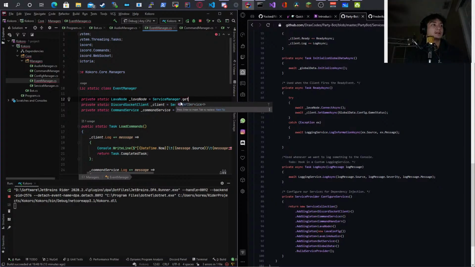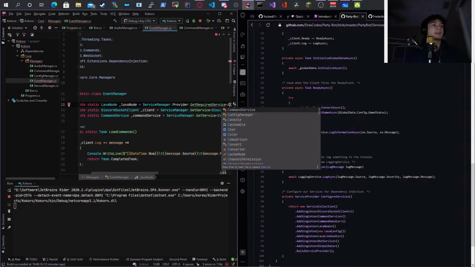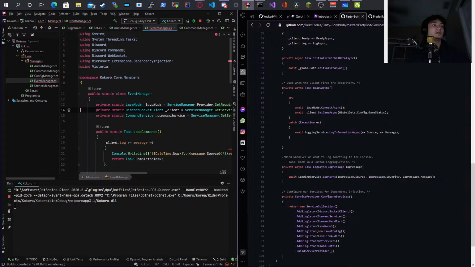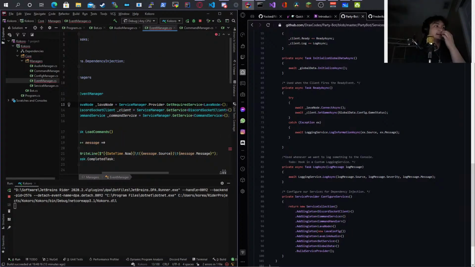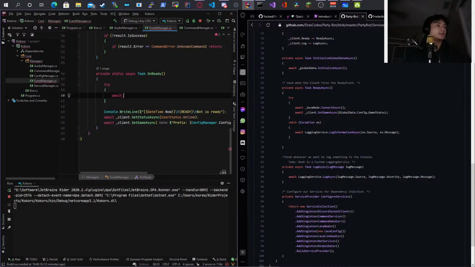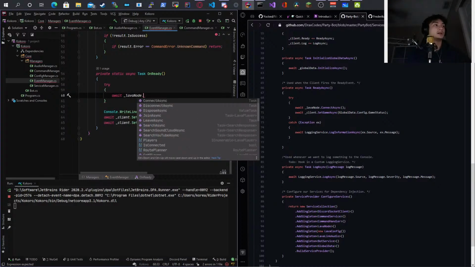I think I had to do it the other way around then. Might have to do .get provider .get required service lava node. It looks like I did it that way, which is fine. That's why I made it be public in the first place. Now I can do lava node dot, what is it, connect, right?